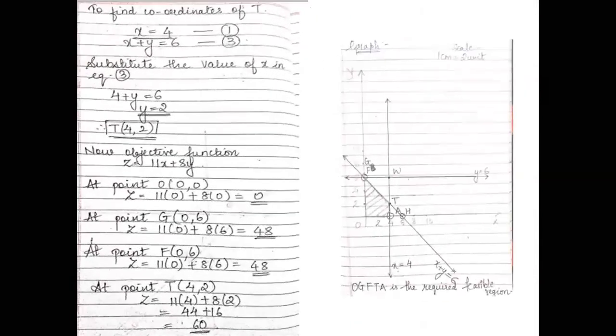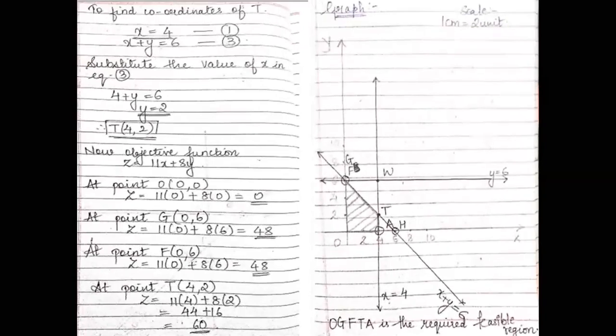As you can see, class, here is the feasible area in front of you. As you saw, I have already shaded this side towards the origin. The name which I have written is OGF. As I told you, you have to consider it twice, T and A. So this is the required feasible region. Now in your feasible region, class, you can see point T is unknown. So we'll find the coordinates of T by solving two equations simultaneously.